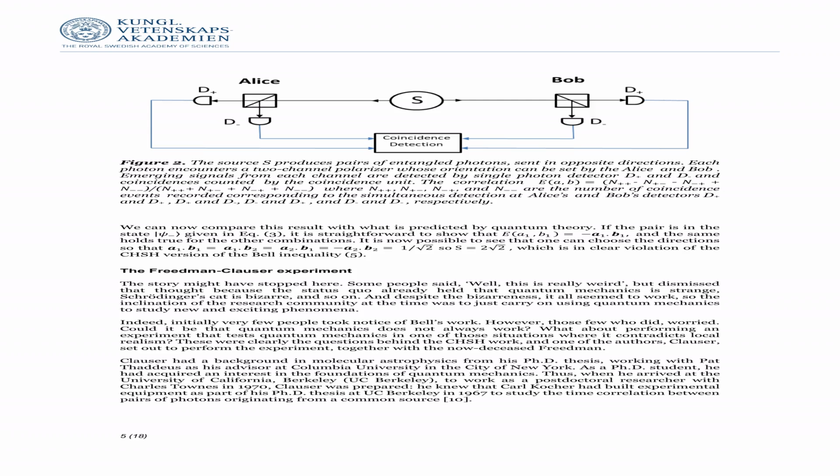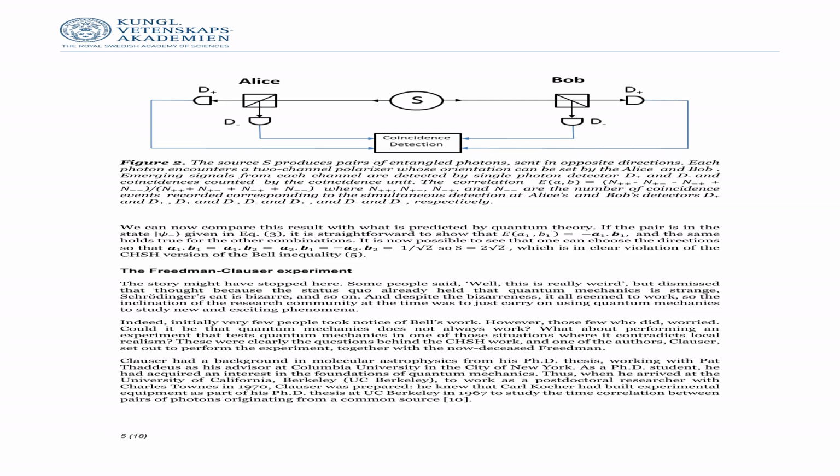The source S produces pairs of entangled photons, sent in opposite directions. Each photon encounters a two-channel polarizer, whose orientation can be set by Alice and Bob. Emerging signals from each channel are detected by single photon detectors D+ and D-, and coincidences counted by the coincidence